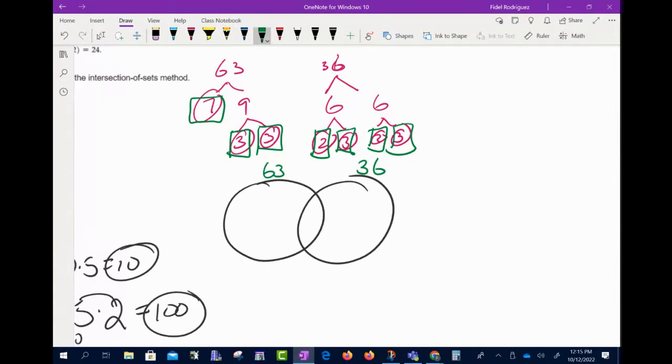What do you think? Yeah, we got 2 3s, right? So look, y'all, those 2 3s are going to go right there, okay? So look, if I took away this 3 and I took away that 3, I'm still left with a 7 over there, right? And if we took away this 3 and we took away that 3, we're still left with a 2 and another 2 right here, okay? So now, my greatest common divisor between 63 and 36, y'all, is going to be the numbers that we have